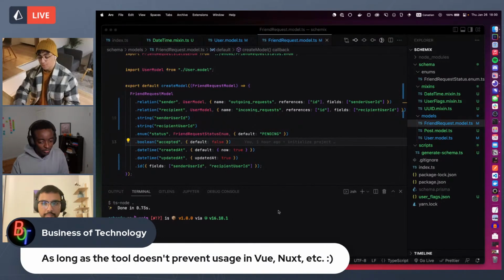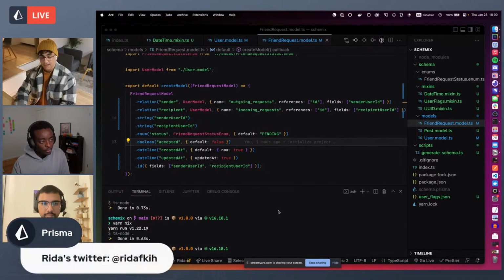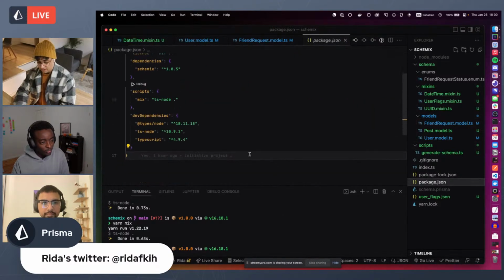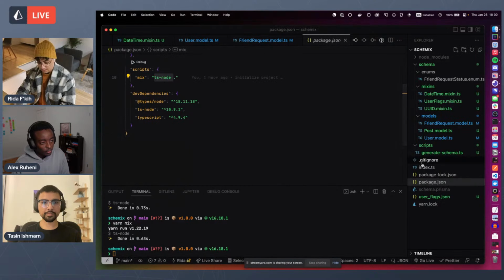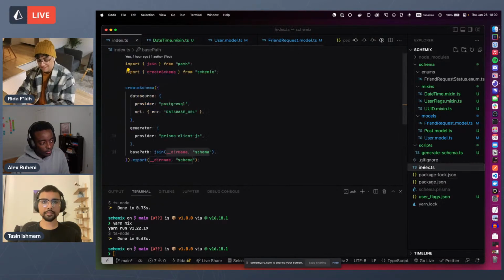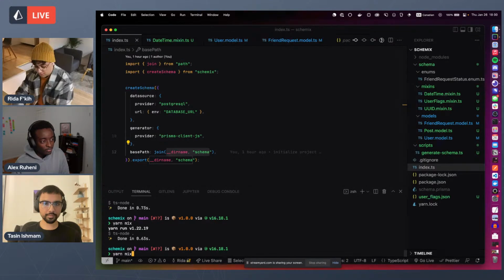You can think of it more as a development tool, and I do want to build out an official CLI for it, just so you don't have to do something like what I've done here, which is just run ts-node on the index file. But the gist is, if you run this file in a Node environment and it has the proper configuration I have set here, you are able to generate this schema.prisma file